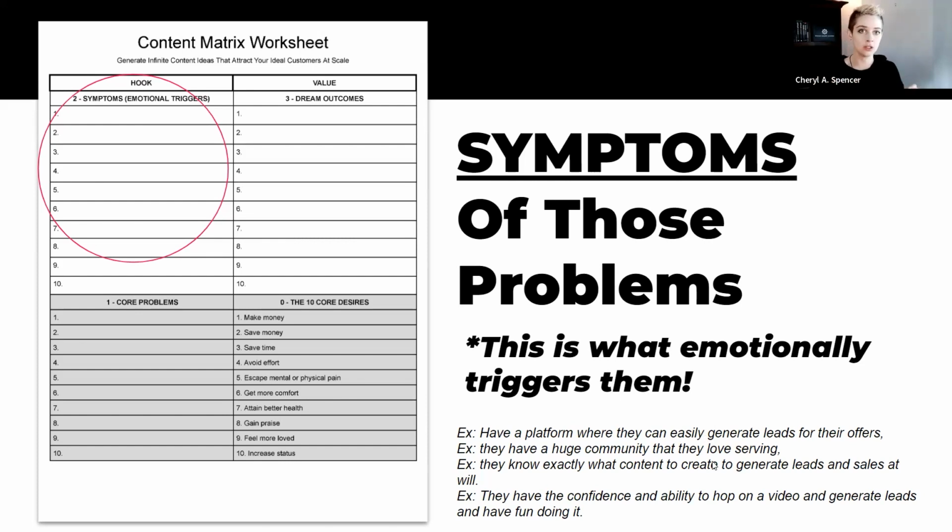Like, this is what's going to do it, if you can basically use NLP, right? To get them to remember, oh yeah, I know that pain. And so here's some examples of symptoms or emotional triggers that will get people to move. So for me, one example is people,